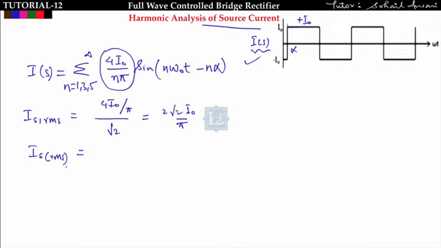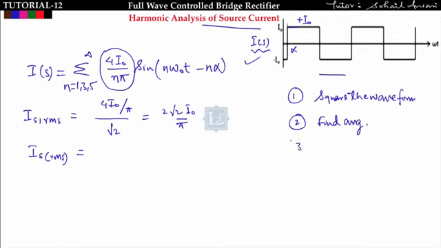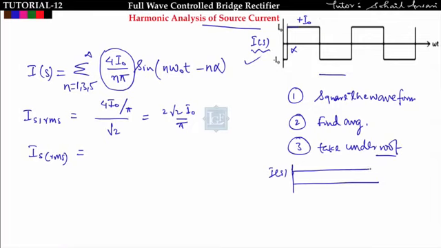Now what will the source current RMS be? This is the source current waveform. To find the RMS value, I told you to square the waveform, then find the average of that waveform, and third, take the square root. That will give you the RMS value of that waveform. So if I square this waveform, it will look something like this, and the maximum value will be I naught square. Now the average of this waveform is nothing but I naught square only. So IS RMS will come out to be the square root of I naught square, that is I naught. So IS RMS is equal to I naught.